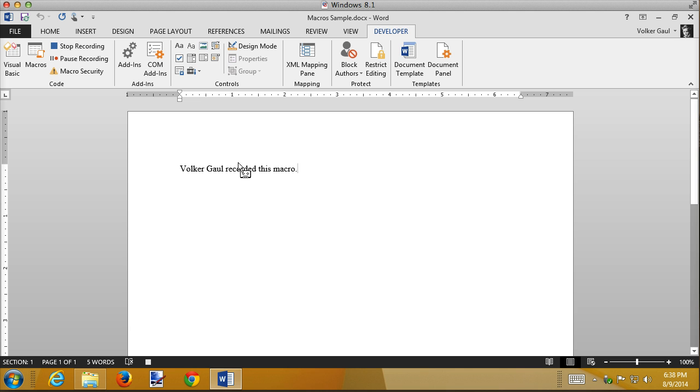Okay, now what I can't do with my mouse is move my cursor. Once you're recording, the mouse cannot be used to record or to move the cursor. So you have to become very keyboard adept. You have to know that the Home key takes you to the beginning, the End key takes you to the